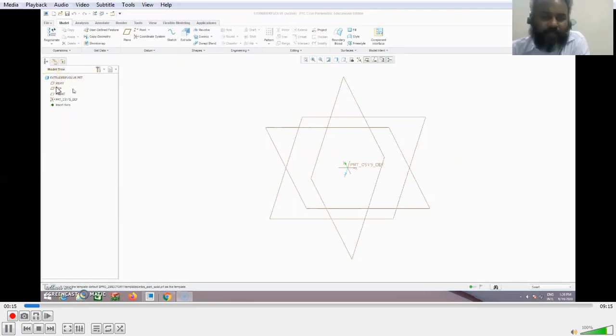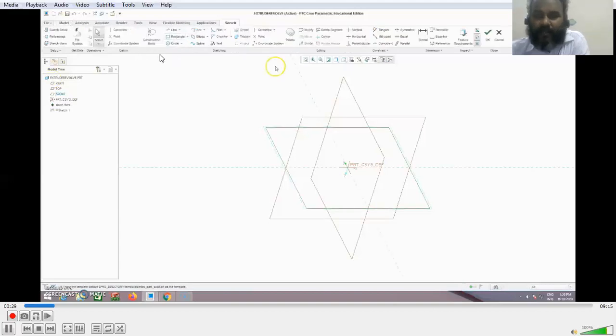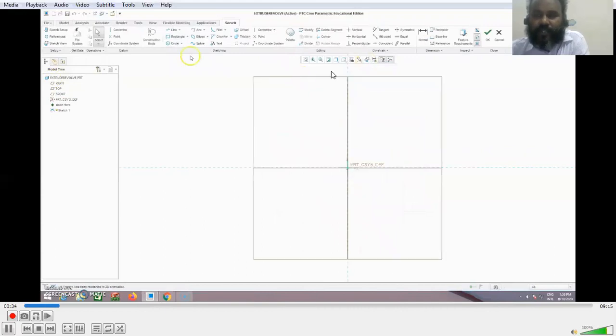So other planes are there. You can either pick the planes here or here. Pick a plane for us to create the sketch. Once the plane is chosen, we move to the sketch umbrella. Once the sketch is chosen, you can choose the sketch view so that this plane is ready for us to draw. So a line has been picked and four different lines are drawn continuously, end to end, and